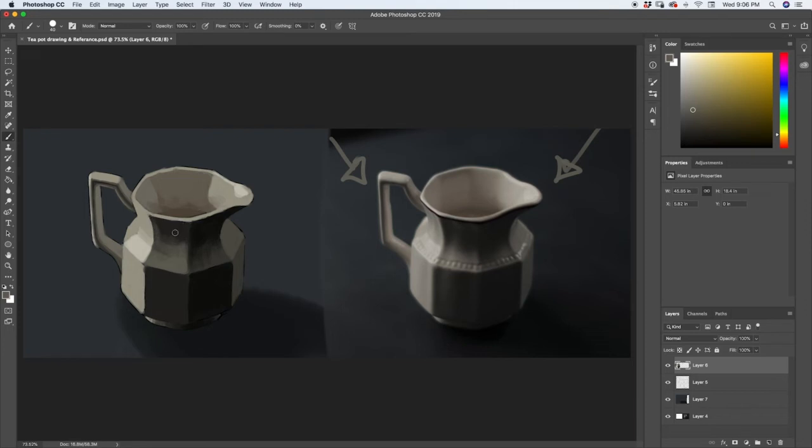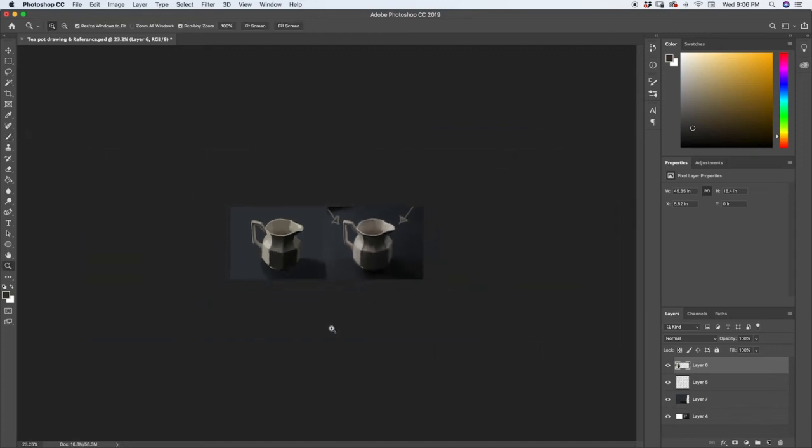Something like that. Maybe I'll color pick this color, bring that darkness back down into there a little bit more. All right, I think that looks pretty good. Let's go ahead and zoom out and check it again. I think another thing too is